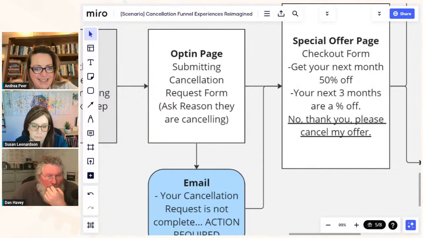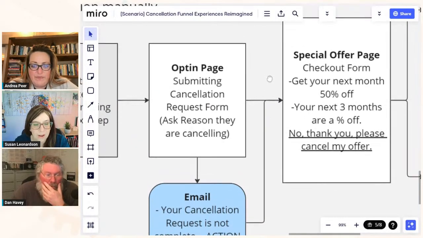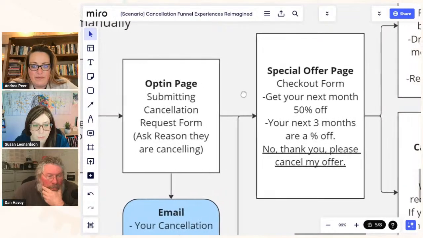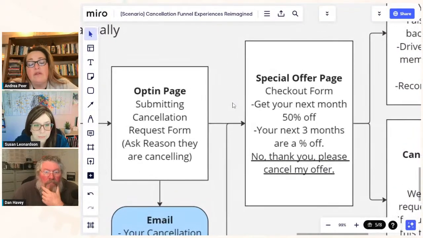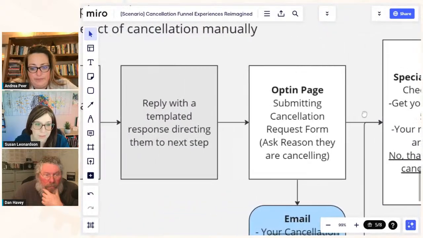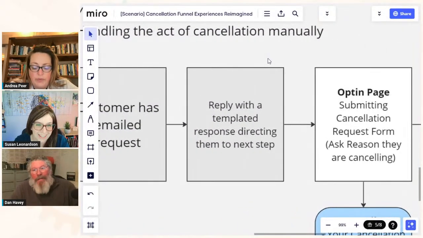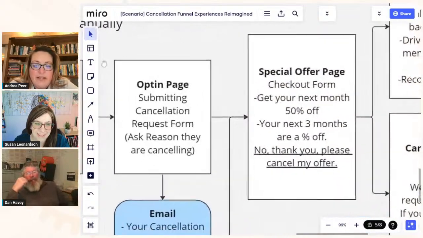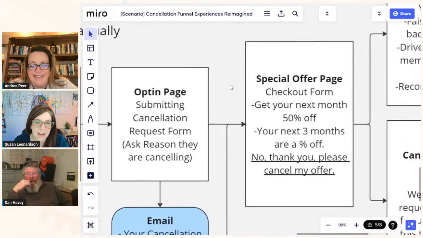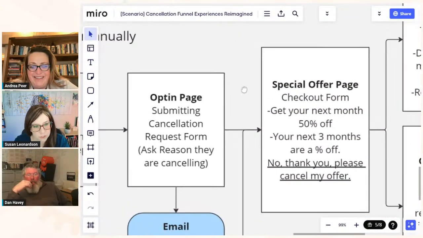Does that make sense? It does make sense, but again, that's a different scenario and we don't have the ability to do that at the moment. Well, we do potentially through the API, but we haven't tested it and we haven't written the code for it. So we don't have the ability to do that yet, but